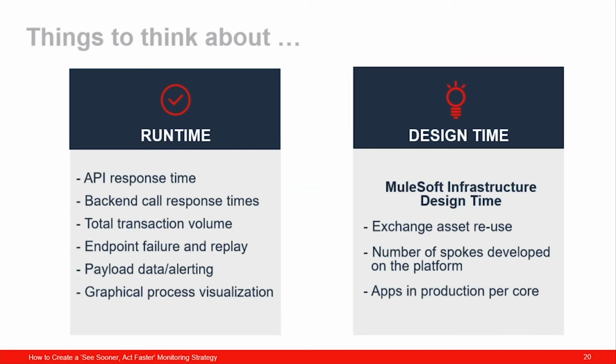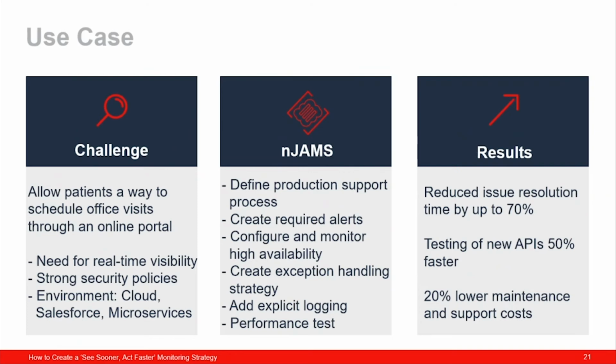The other item to measure is design time metrics. You know, the ultimate goal of API-led development is the reuse of assets: RAML, OAS, flows, global error handling, and business domains. And that's super important to make sure you're getting the value out of your platform. So specifically,